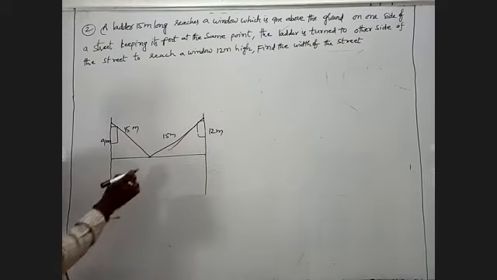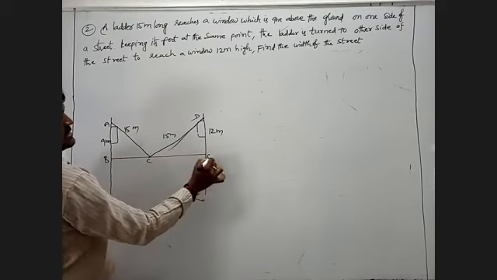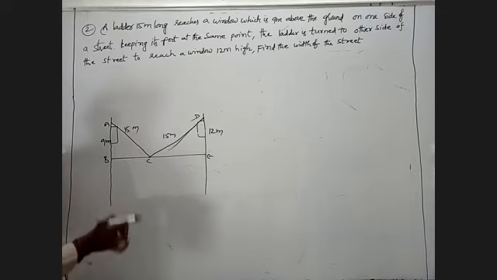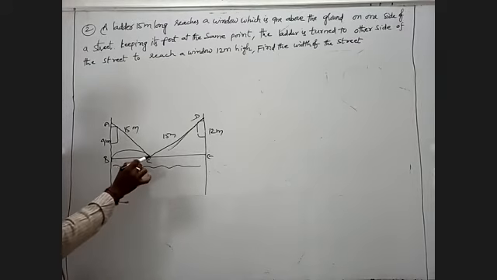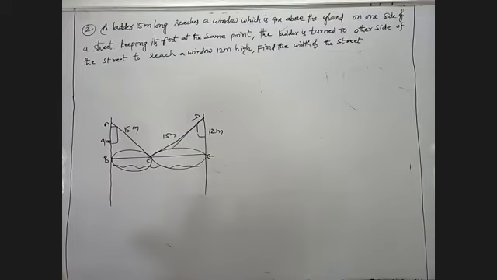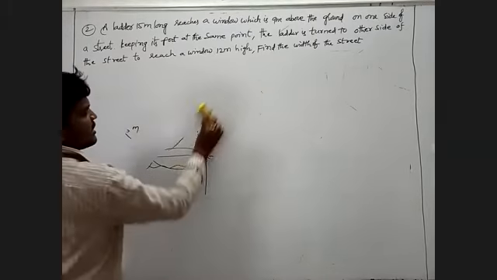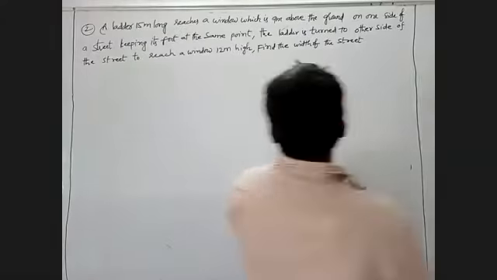Okay, we will take the names of the given points. This is A, B, C. This is D. This is E. Finally, we have to find out in this problem the width of a street. Find the width of a street means we have to find BC plus CE. This is the rough figure. I will explain this problem. This is most important for 2 marks. Once again, I will explain this one.